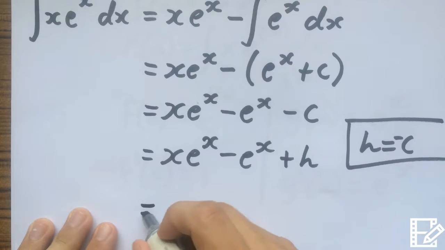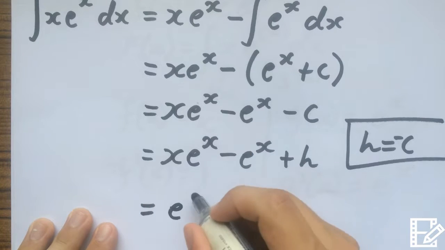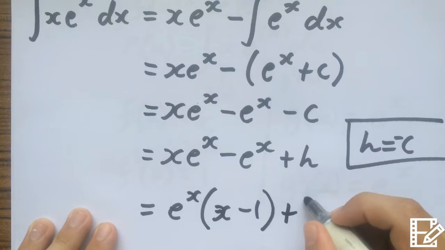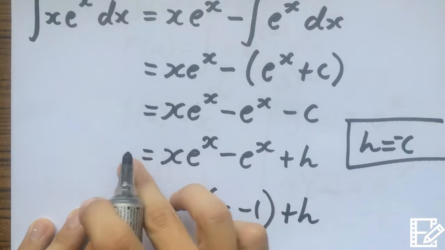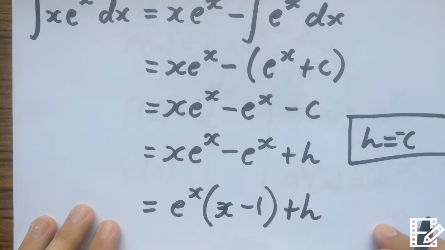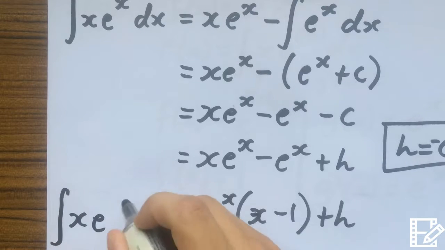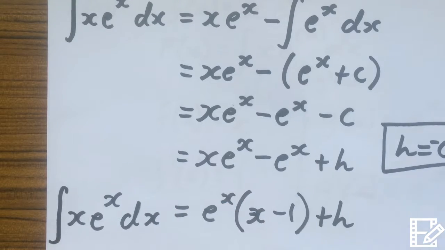Anyway, we can factor out the e to the x, and it will look a bit like this. And now it's simplified because all we did was take away the e to the x from the x and take away the e to the x from the negative 1. Because if we expand these brackets, it will look like this again. But this is simplified. Okay, so that is the answer to the integral of x multiplied by e to the power of x. Now for our next example,